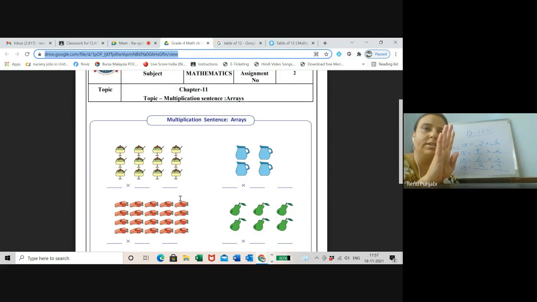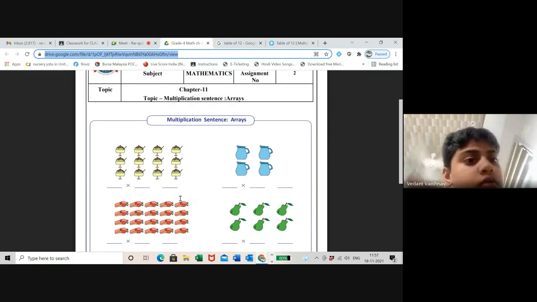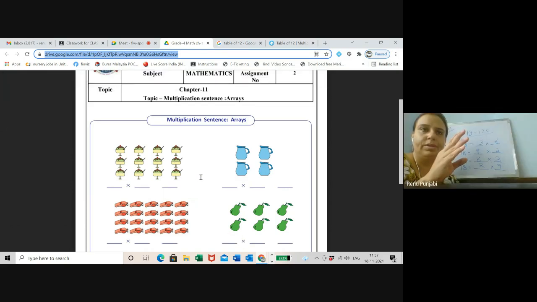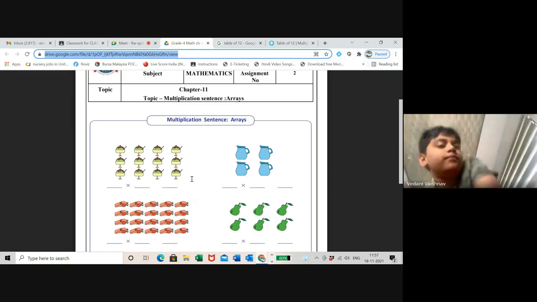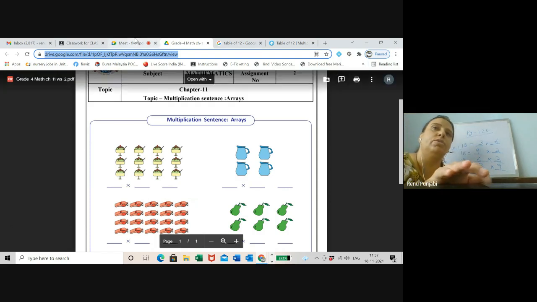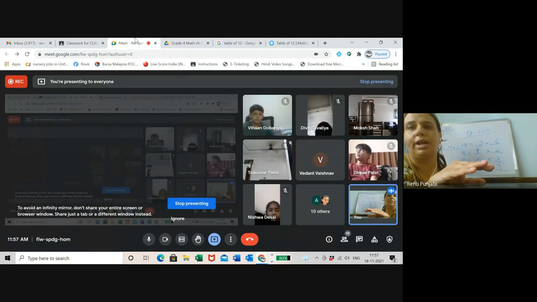So how many lines are in the column? Standing lines are the columns. And sleeping lines, how many? 1, 2, 3. Sleeping lines are the rows, which are 3. Standing lines are the 4 columns. So here you can say either 4 multiplied by 3 or 3 multiplied by 4. You can use the column or the row first, it's up to you, because ultimately the product is going to be the same.